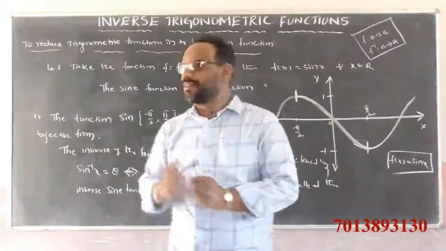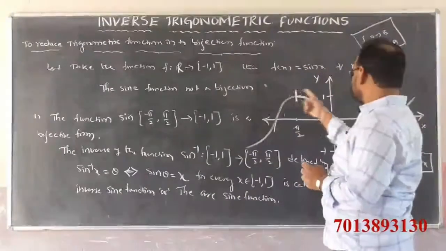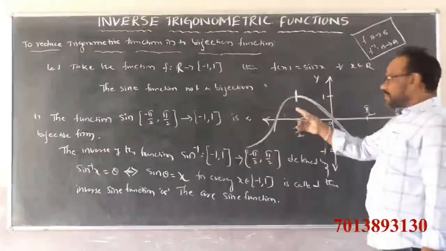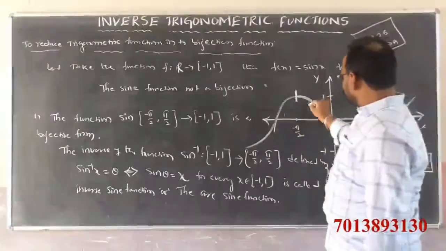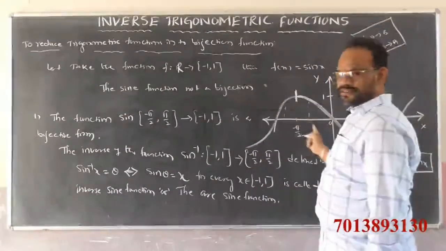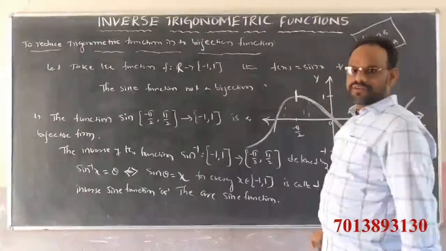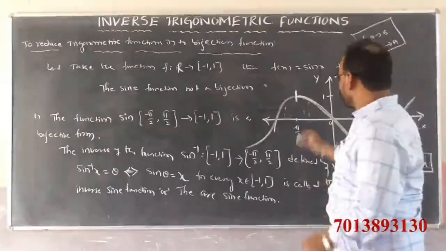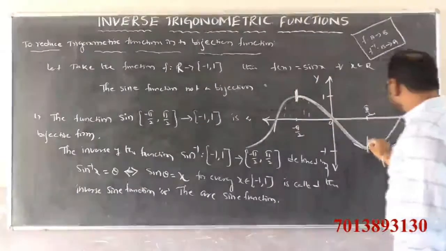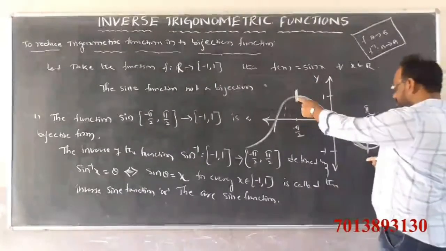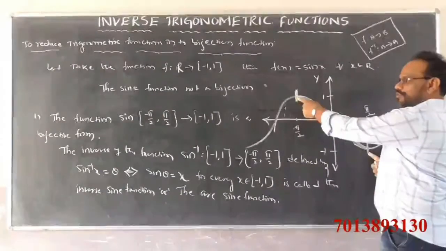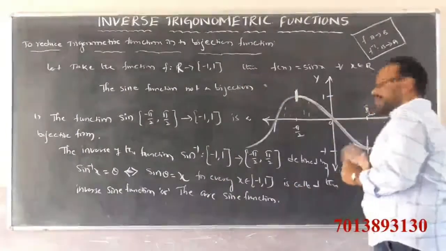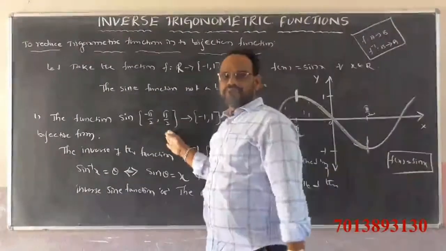If we restrict the domain, observe here, this is the sine function graph. Observe that this value and this value are the same, repeated, and this value is repeated with the same values. So if you restrict the domain to minus pi by 2 to plus pi by 2, take only this part of the graph. If you reduce the domain to the closed interval minus pi by 2 to plus pi by 2,